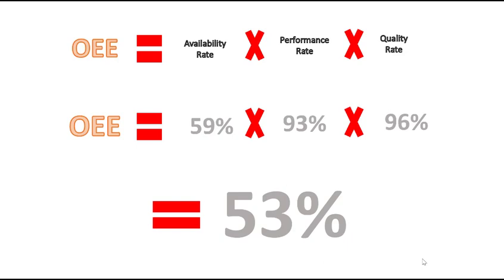53% is a dismal performance. But if you look at the components, the team productivity was actually 93% when all the resources to produce were available. A lot of production was lost on matters outside of the production team's direct area of control. There were machine breakdowns, plus they ran out of raw material, plus the 2 hours of load shedding. This is what makes this measure so powerful. It's the ability to split these three components and address them separately in order to achieve the ultimate goal of